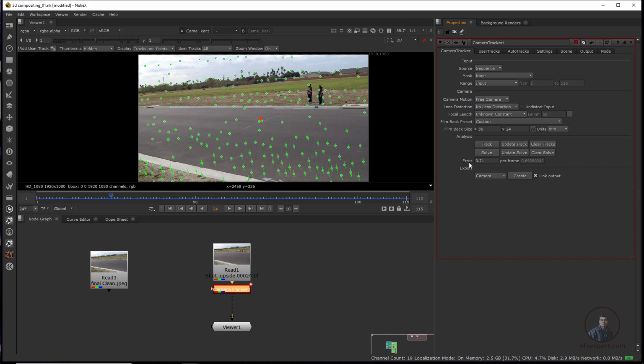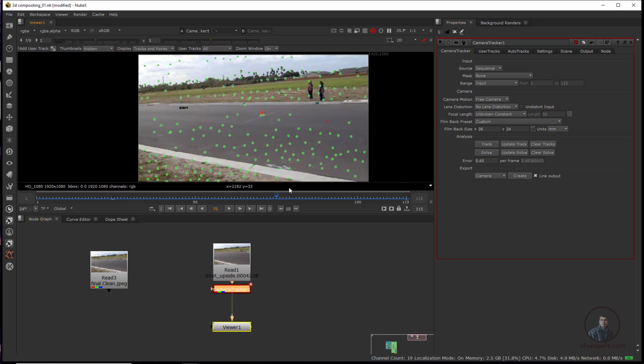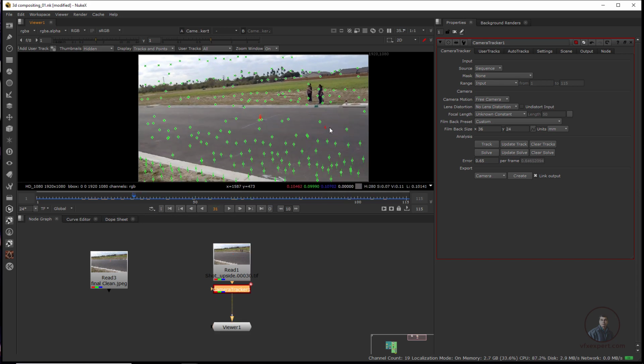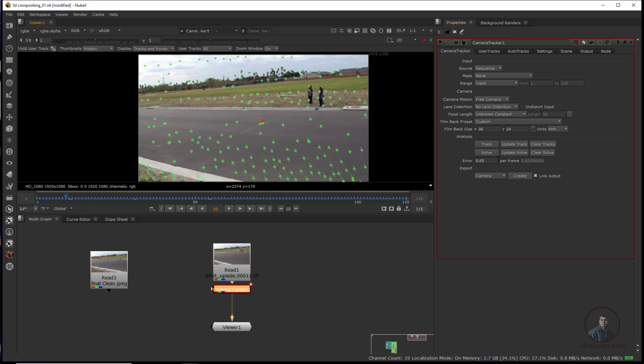Then again update the solve, or simply click on Solve, yes, again solve. Now here you can see maybe 0.65, I think this is sufficient for us. If you want to enhance it more you can. You can even select a point from here and delete it, then again update the solve here. So this is our final solution for our camera solve here.